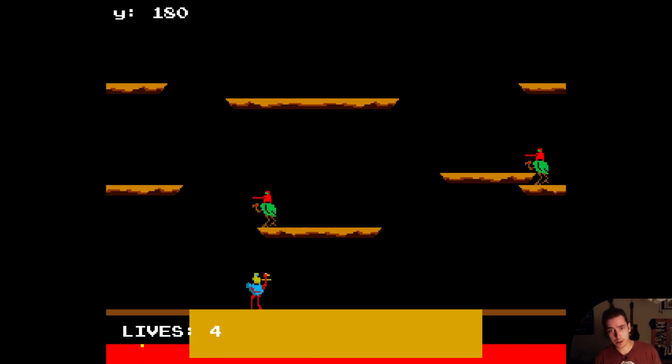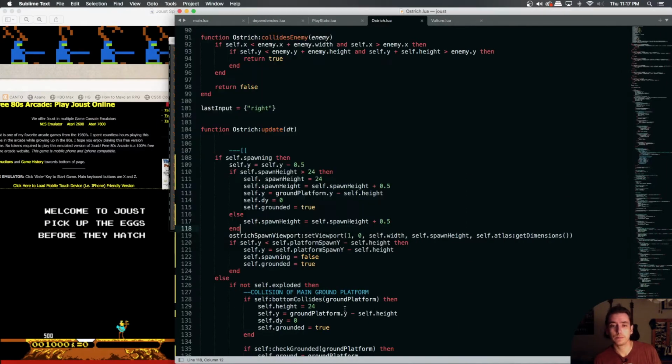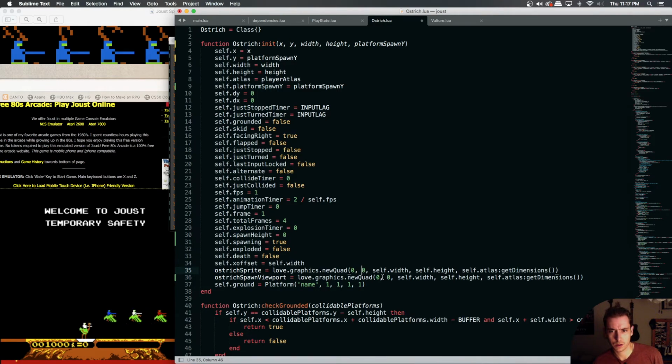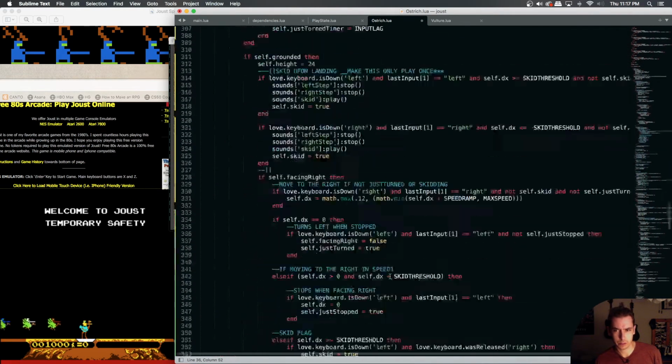I only have a guess. It has something to do with this X offset on the spawn viewport versus the sprite viewport. Now we've had 0, 0 on the sprite viewport, 0, 0 on the spawn viewport. So